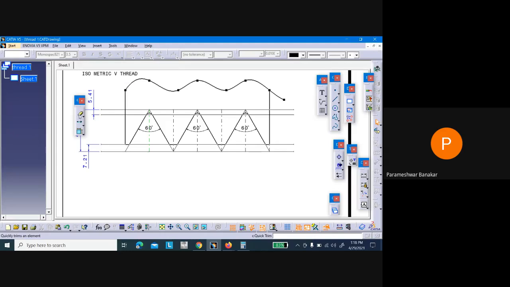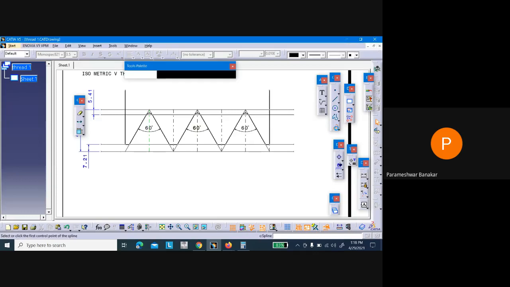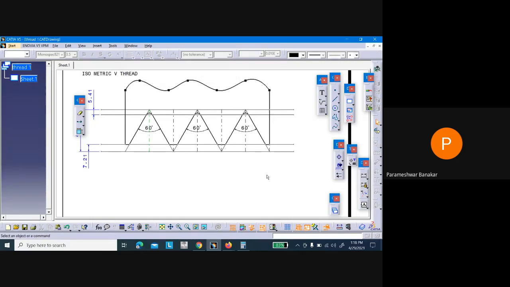So what you can do, you just remove this. Just a second, I'll do it once again. Take the spline. Select this and leave.